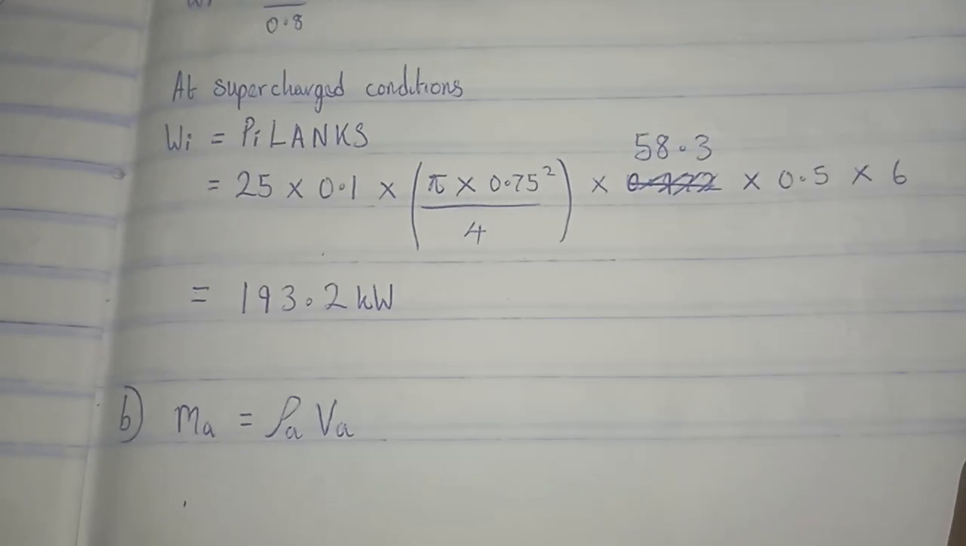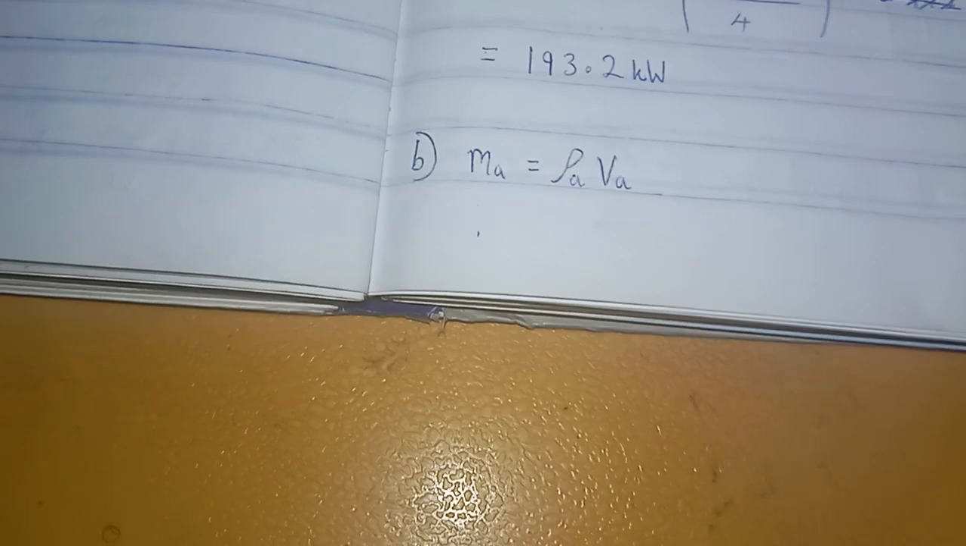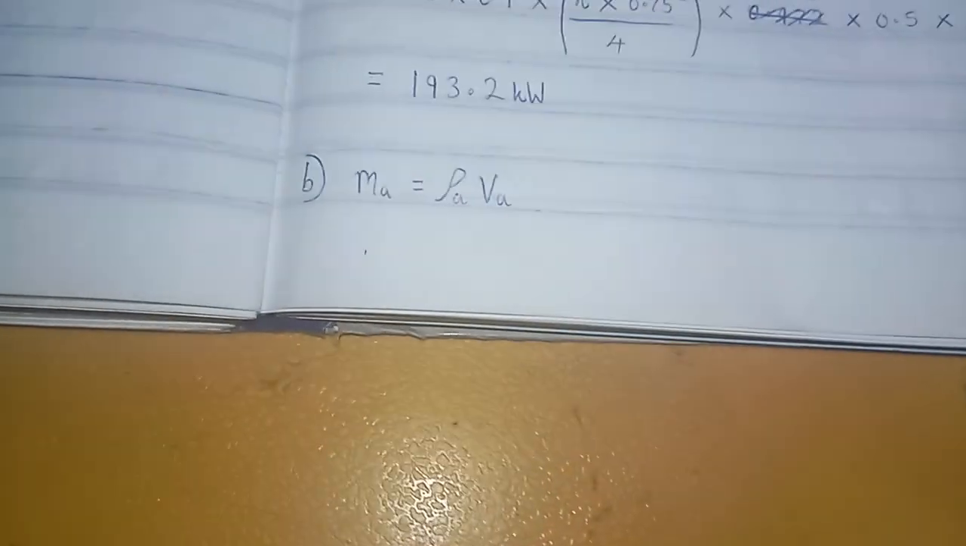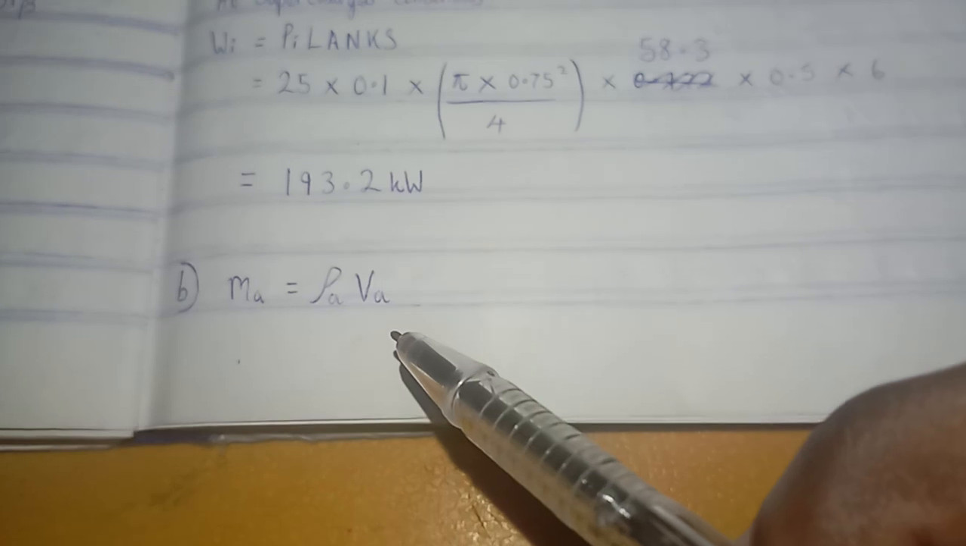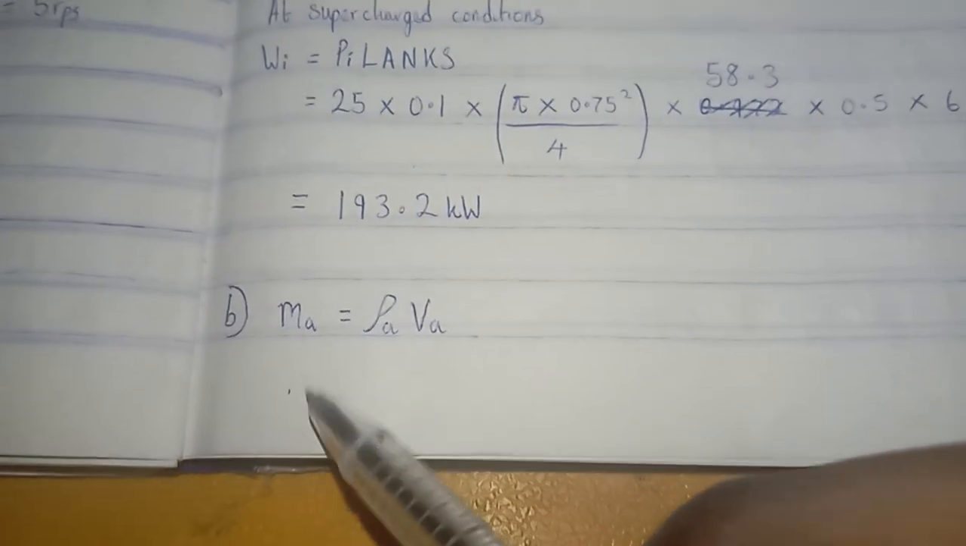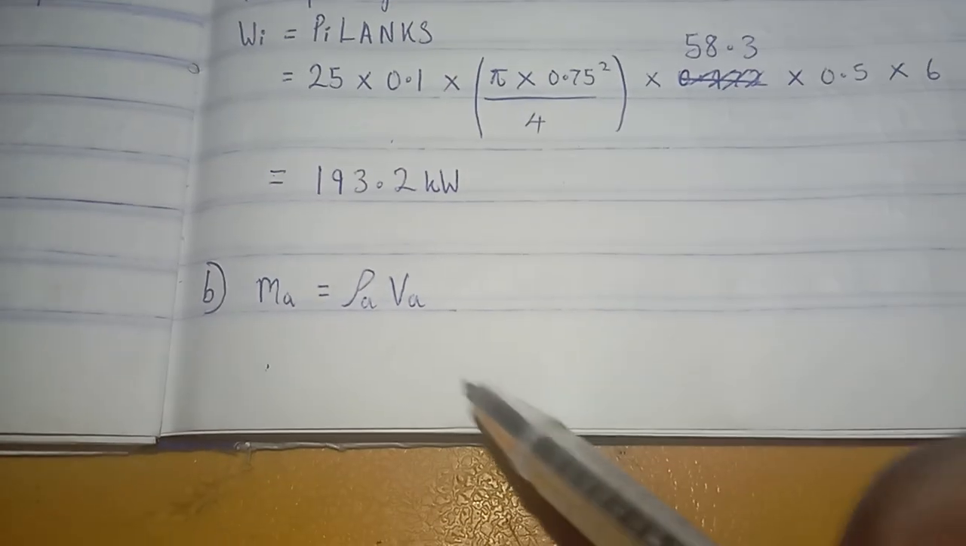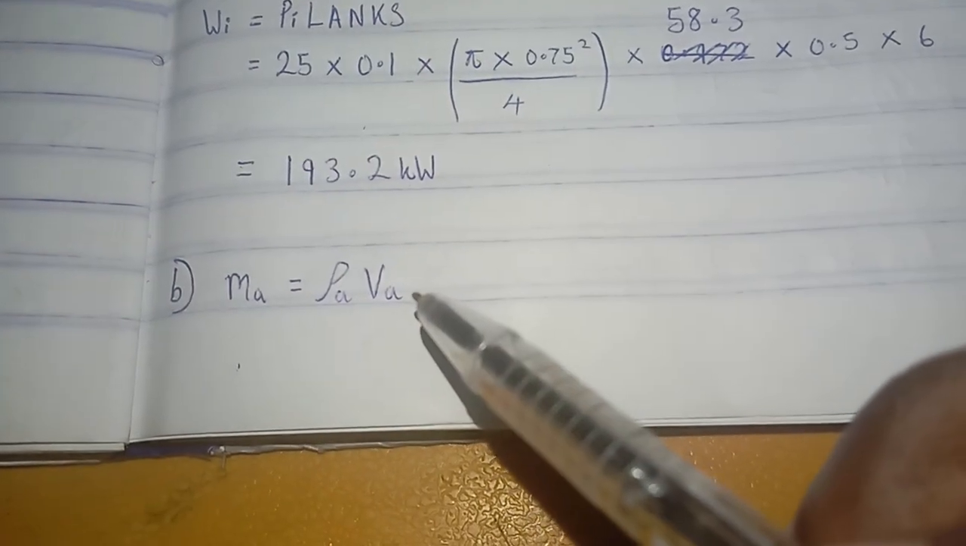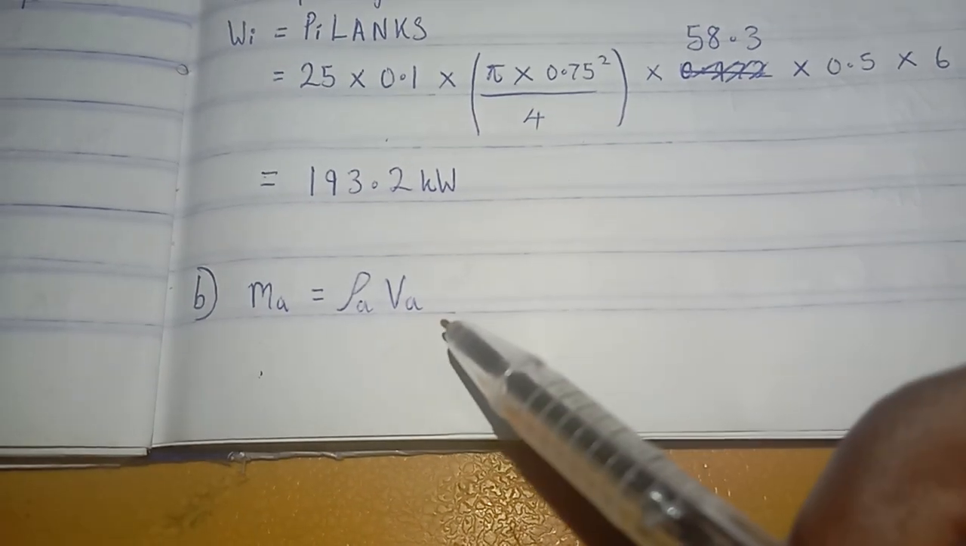So what we are asked to find next is the net increase in the brake power expected from the supercharged engine. So what we're going to look for is the increase in power from the normal brake power to the supercharged brake power. So what we are going to do right now to find brake power in the compressor, we're going to recall that